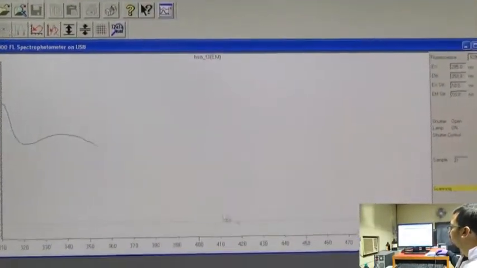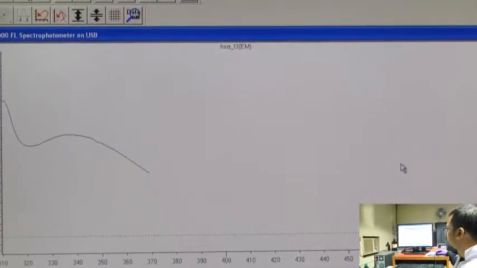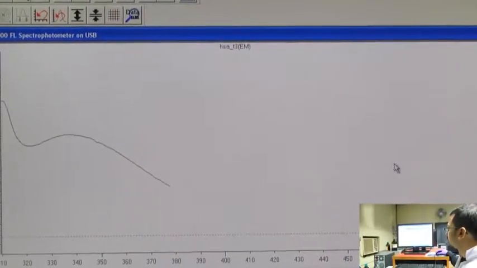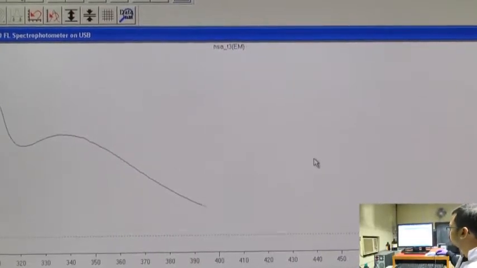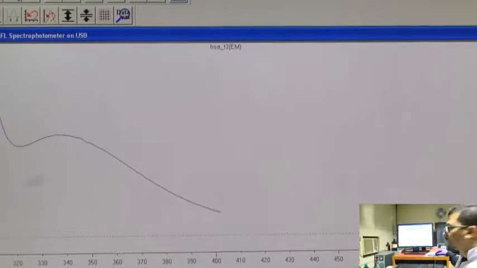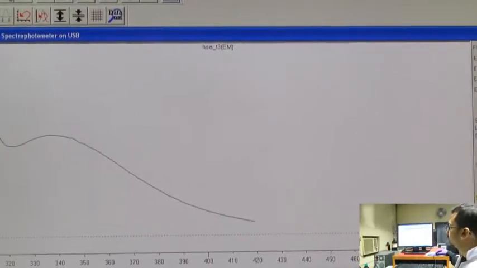Here again we can see the emission spectra. Now, this part of the spectra we can eliminate by subtracting the solvent, whichever solvent it is.